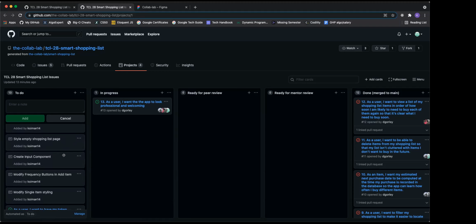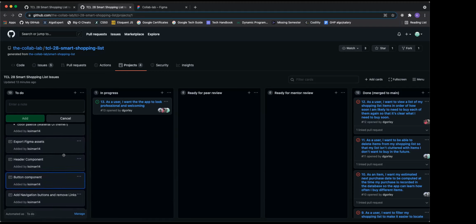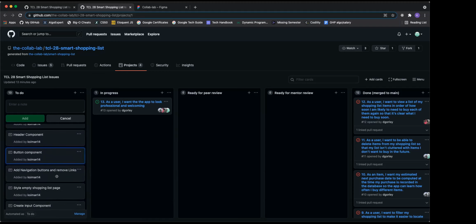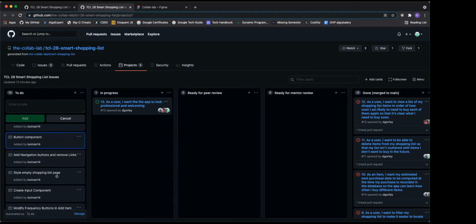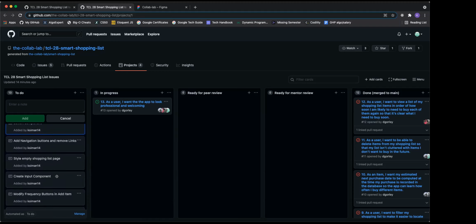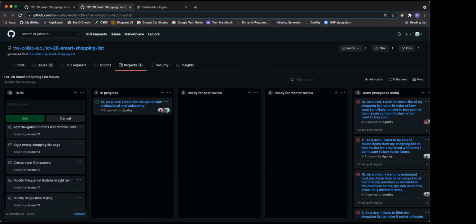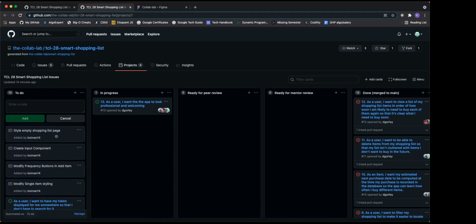We'll probably have some styling and logic, I guess, for the navigation buttons. I think that's fine. Then I think the rest is fine.